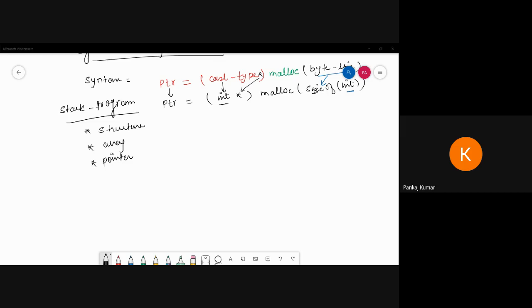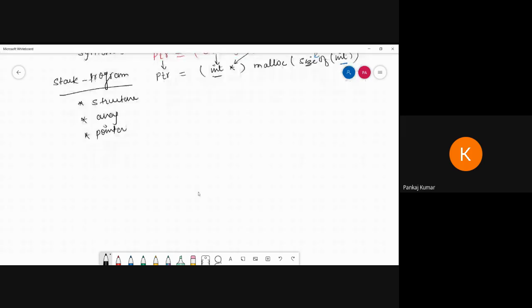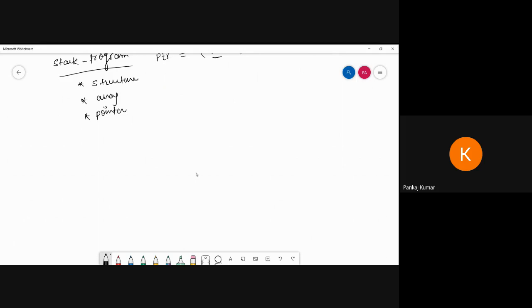That's why I'm telling you from the start, before doing data structure programs, you should be clear about structures, pointers, and arrays. Because stack programming contains all three of these things, and similarly queue and the binary search tree, all these things we are going to do. Now see, first we have to create a structure that can hold the stack. So I am going to write code for the stack where we can perform push and pop step by step.